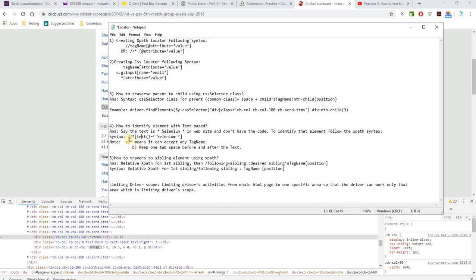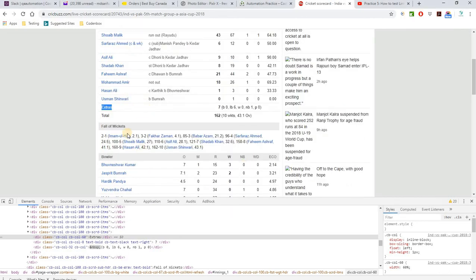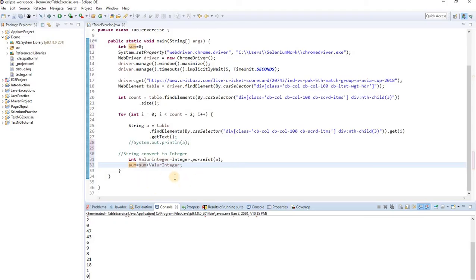The syntax for the Xpath is the same: // then either tagName or asterisk sign. So it's // tagName, then instead of an attribute I will use the text method. Text method equals to the text word. That's fine. This will locate this specific text object. So similarly, I can use the text word here to locate